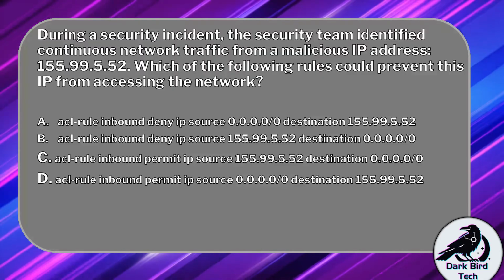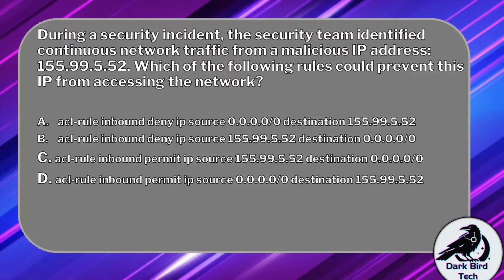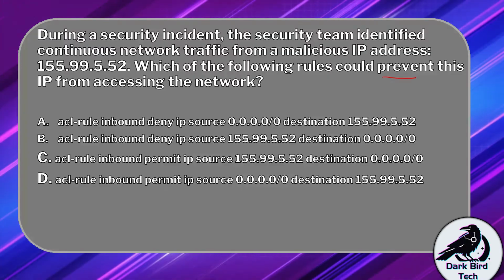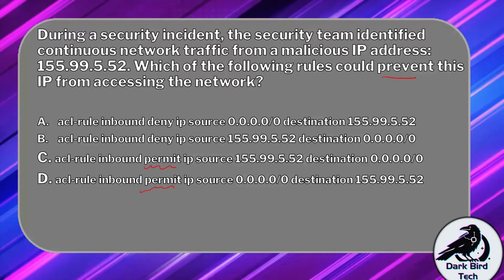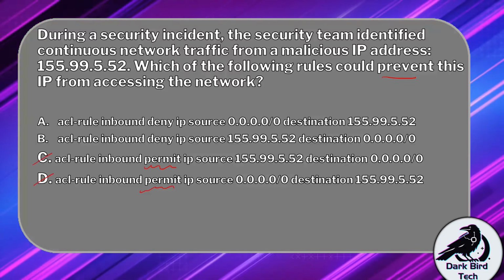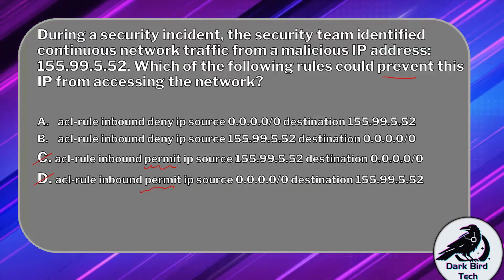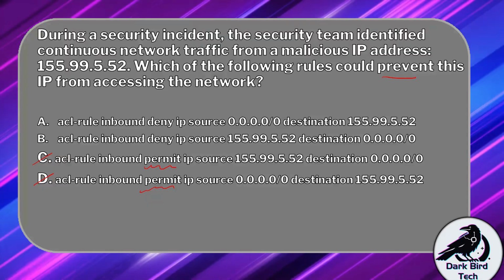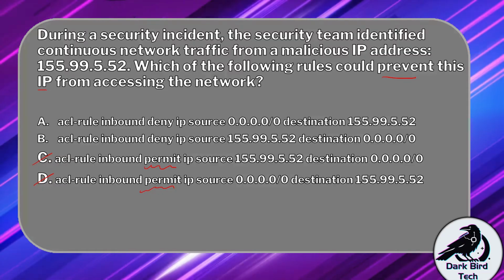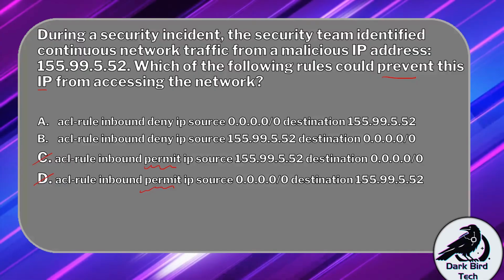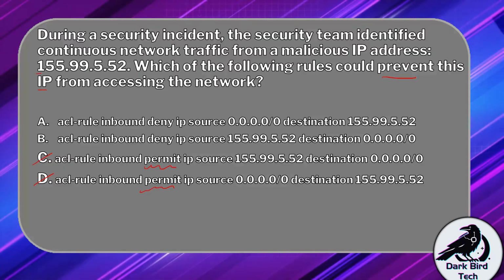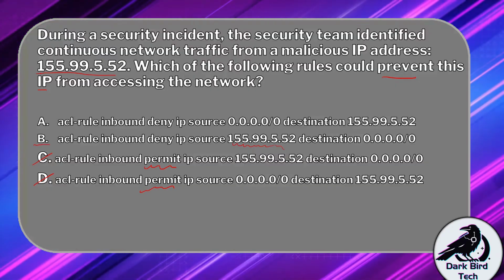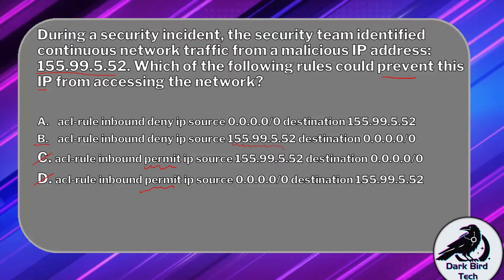That makes sense. Next thing is we've got deny, deny, permit, permit. Now hang on, we're trying to prevent this. So because those two there say permit, I'm not happy with them, so I'm going to take them out for now. Then it's IP source. Okay, so we're picking on a source IP address. Again, that makes sense because we were trying to stop this IP address from accessing us. And we want to stop them coming from that address. So because of that, I'm starting to feel very good about option B, but let's look at the rest of it still. Destination